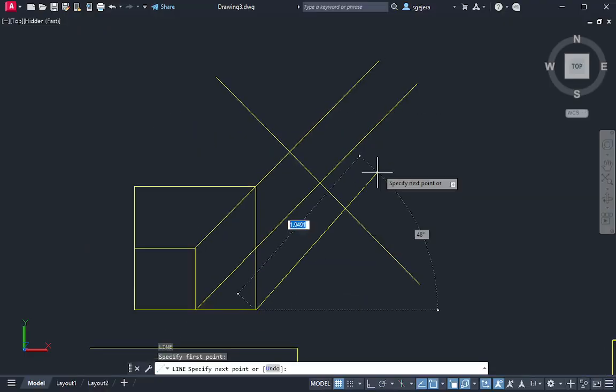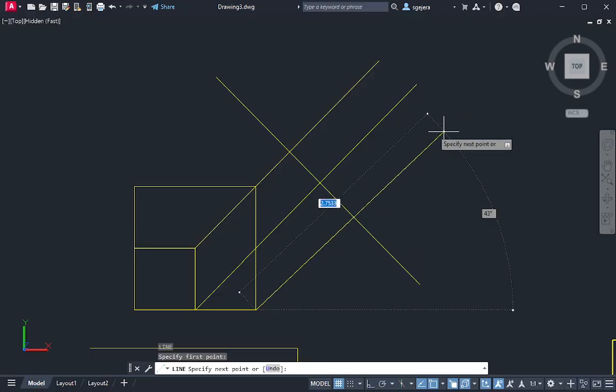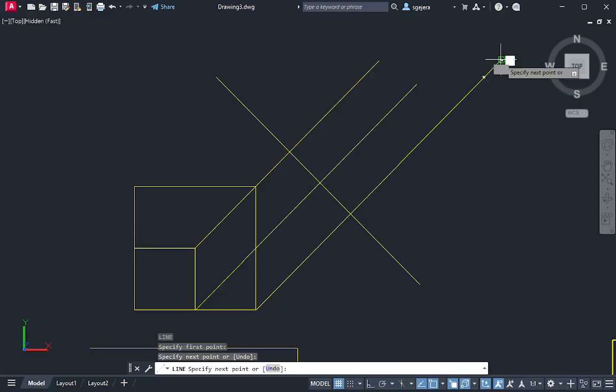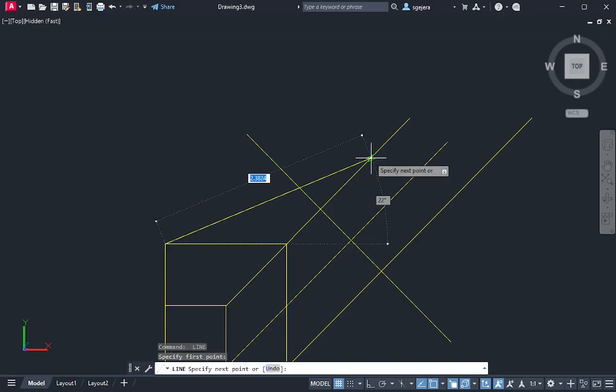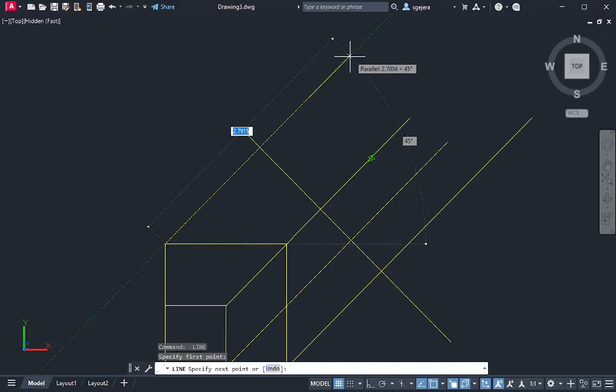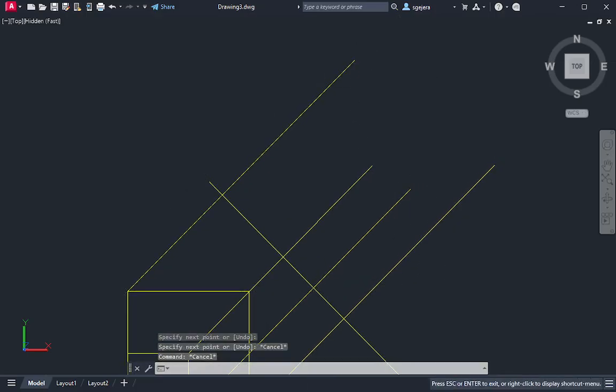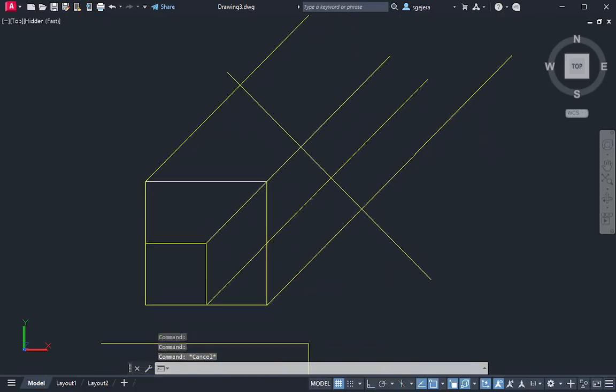Tama? Ito naman, parallel to this one. Yung makita muna na. Okay? Tapos,